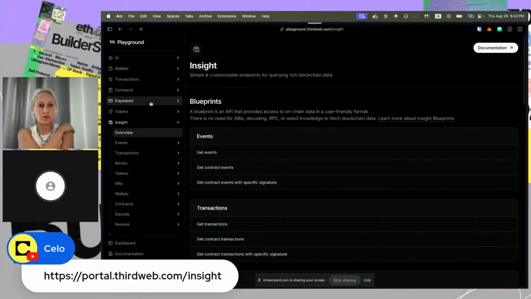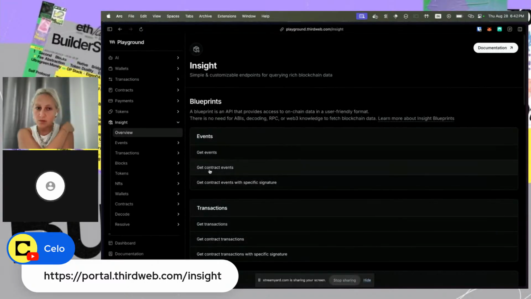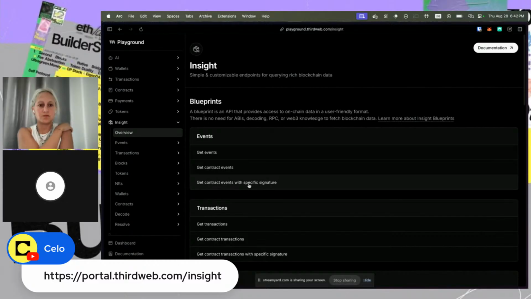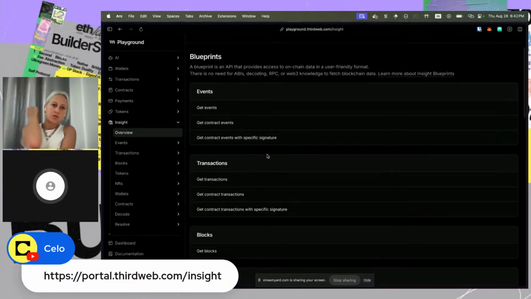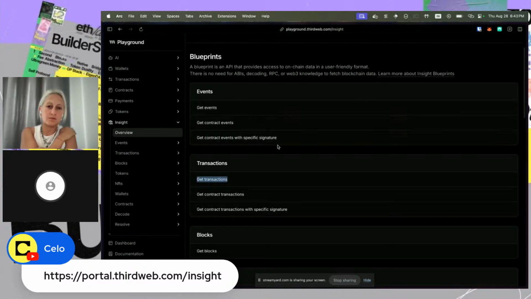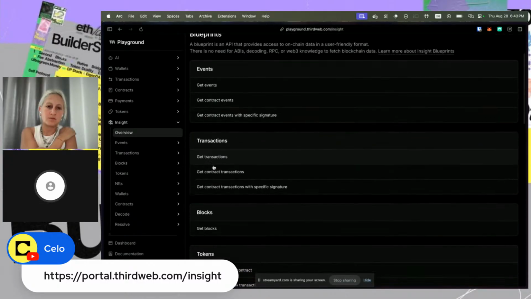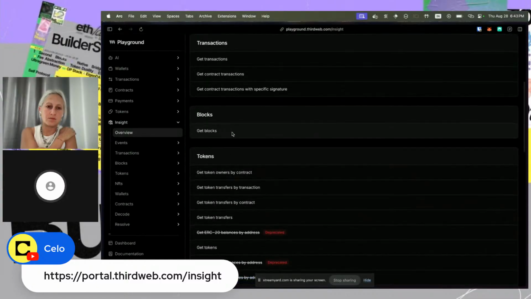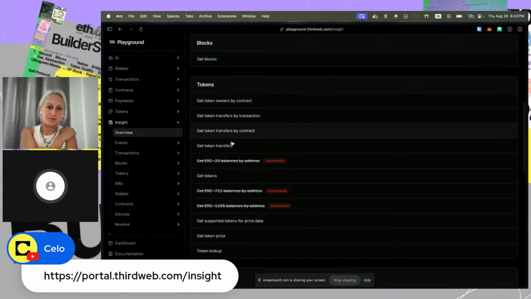So if you go to Playground, this is the main area that you want to look into. You can query blockchain based on events, based on contract events, based on any specific signature that you want. And this signature, if you're new to blockchain, means, let's say, swaps is a signature. In ABIs, each function has its own signature, right? So if you know that you want to track only this particular signature, then you can create a custom filter for that using this. There's get transactions, get contract transactions, get block information, get token owners by contract, all these